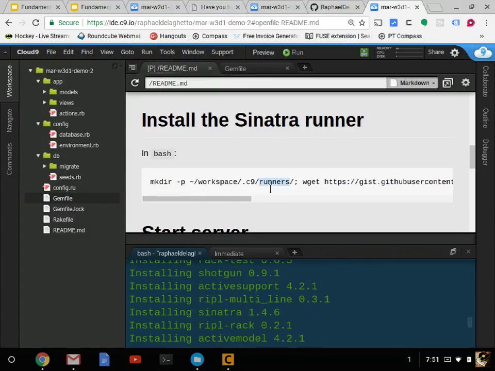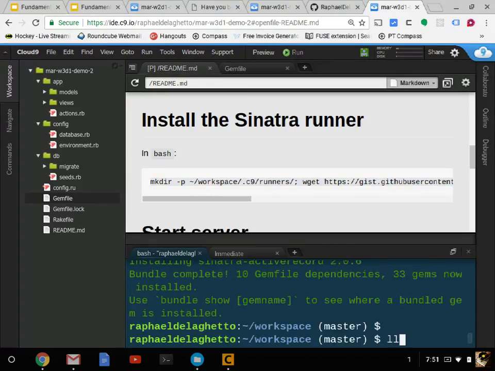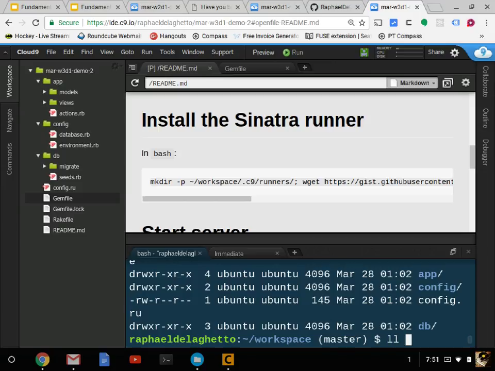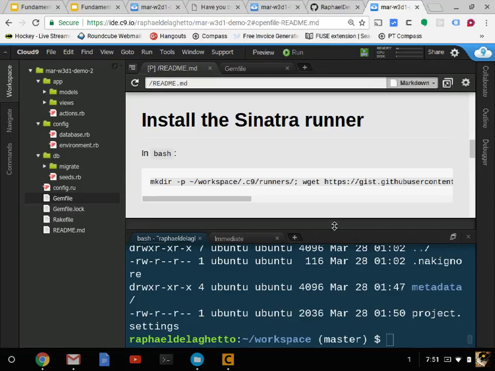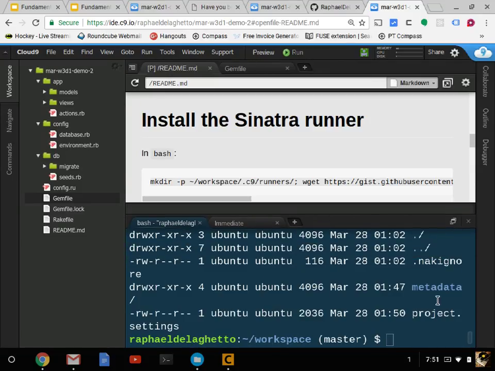Say LL Cloud9. Show me what's in the Cloud9 directory. That's what I just told Linux to do. And it says, well, you've got metadata. Got no runners. There's no runners. We could try that. We'll say Cloud9 runners. Nothing. Make me a runners directory. That's what it's saying. And then from there,